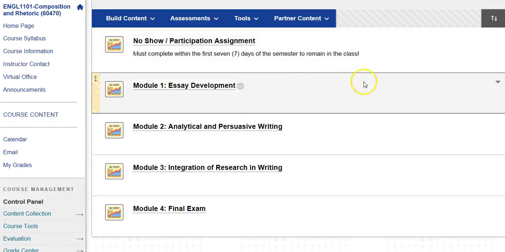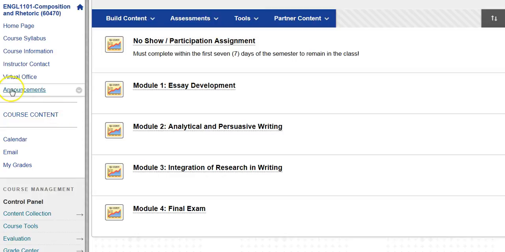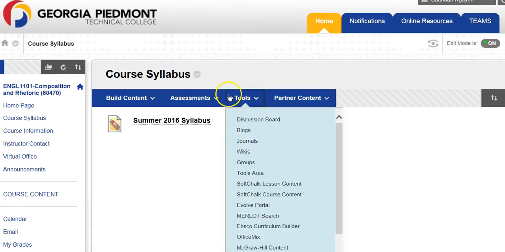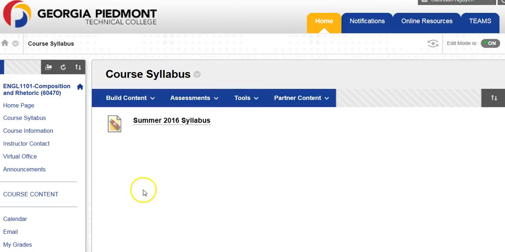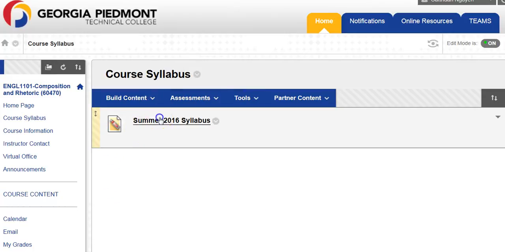So let's leave that, and I'd like to direct your attention to the left side of the screen here, where you'll see that there are quite a few tabs. The first tab that I'd like for us to explore is the course syllabus tab. This is very important. In my course announcement, I asked that everybody download our course syllabus and look through it in order to be informed of